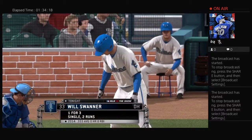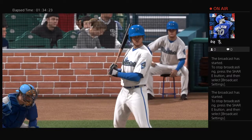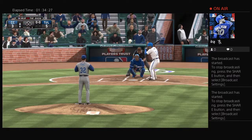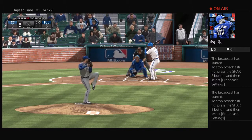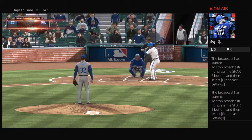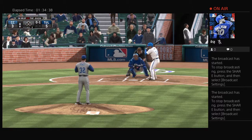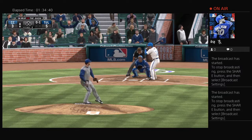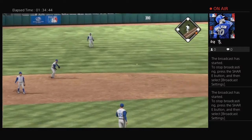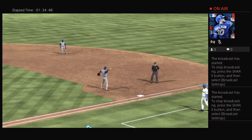Number 33 will stand in. He reached on an error last time through. Designated hitter, number 33. And here's the first pitch. And just lucky to make contact on that one as it's chopped foul. Swing and a ball hit hard on the ground to short. And a close play at first, but a great stretch that time as they get him by a step for